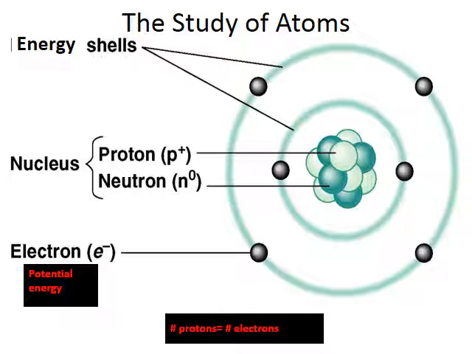Okay, so when we're talking about chemistry, this is as small as we're going to go here, the atom. We're going to talk about the different subatomic particles and their different characteristics. If we look at the different subatomic particles, we're going to start off in the middle here. This is the nucleus of the atom, and it's got two different subatomic particles inside of it. It's got protons that are positively charged and neutrons that are neutral. You can have multiple protons in there, dependent upon the atom, but the net charge of the nucleus is positive because of all the protons that are there.